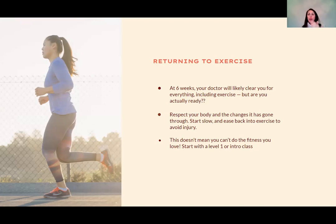Even if you stayed active throughout your pregnancy, it's really important to respect your body and the changes that it's gone through, all of it. You want to start slow and ease back into exercising to avoid injury. I always recommend, after you're cleared at 6 weeks, starting with more stabilization, strengthening exercises, gentle, low